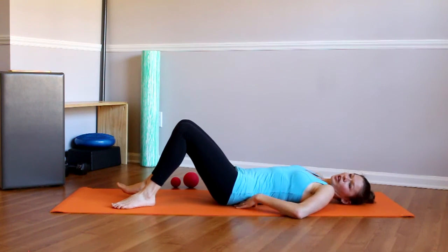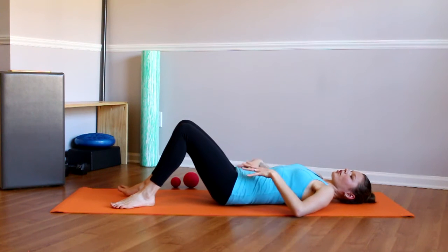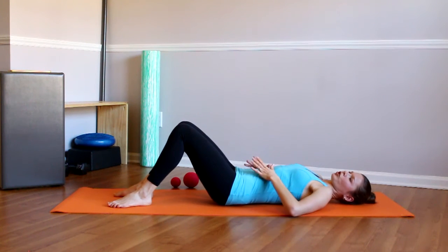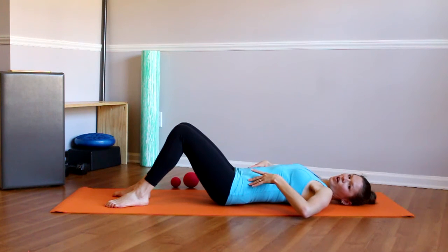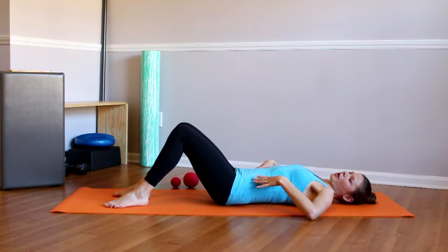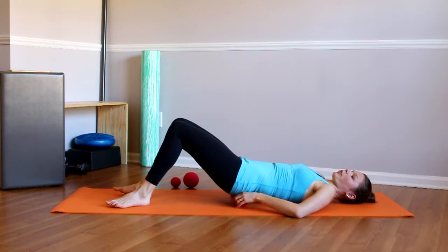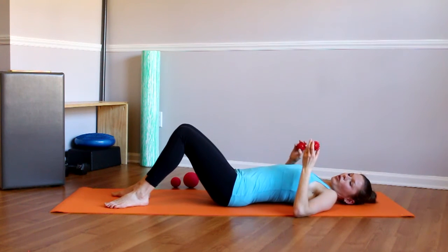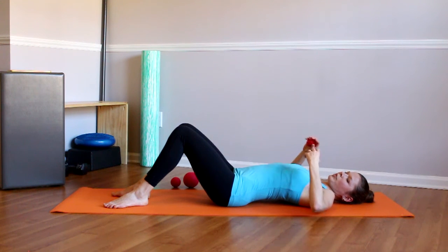If the balls still feel comfortable, you can leave them here. Now, there are several things that we can do, especially to help us with our Pilates practice. In Pilates, we want to find our neutral alignment in our pelvis, in our lower back area. So if you know that you have a really hyperextended lower back, so you have this really big arch going on,